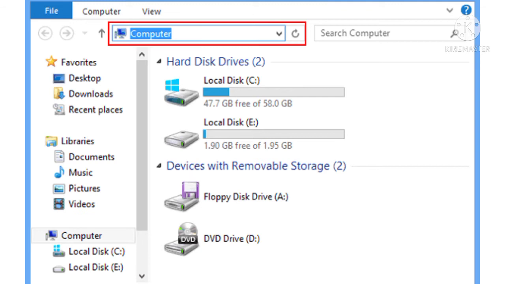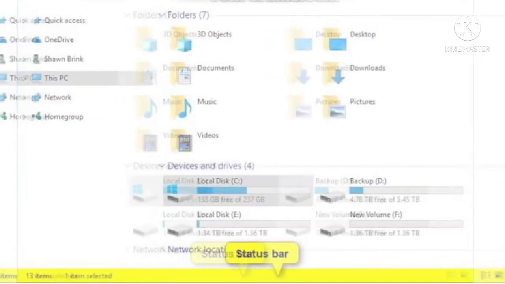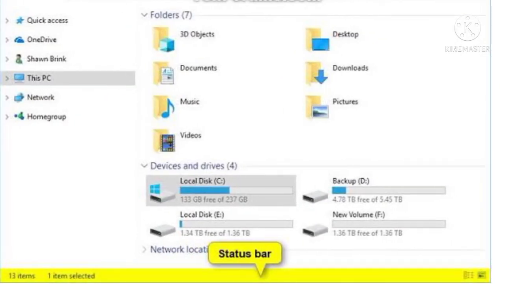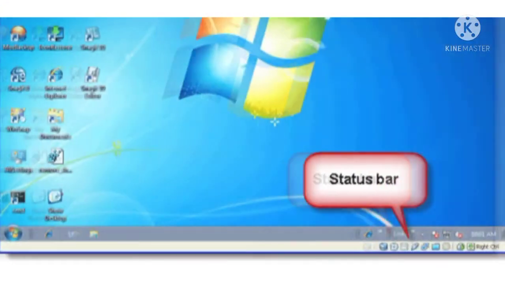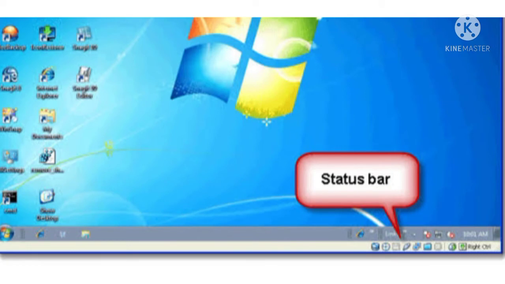Next one, status bar. Status bar is located at the bottom of a window. It shows various options like number of objects present in a window, size of the window or a file.